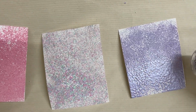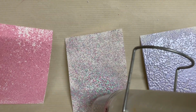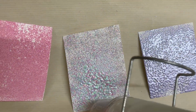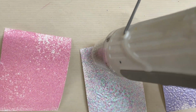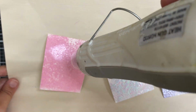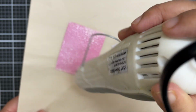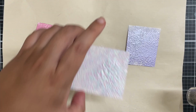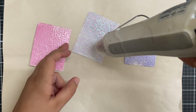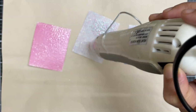Now these three are going to be used to die cut the flower petals, and I absolutely love how they coordinate well together, especially because the summer meadow has a little bit of the pink, purple, aqua tones, and then the ultra high embossing powders, the pink and the purple, really complement it very well. So that's a look at all of those heat set, and I can then set them aside and move